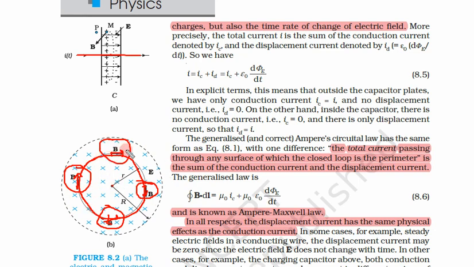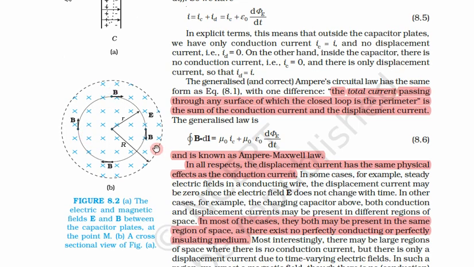So what we get is a uniform magnetic field at every point of this circle, because for a circle the distance remains the same. Suppose we take this radius to be bigger, then the magnetic field may change, but when we keep it constant, the magnetic field will not change. So at every point of this circle, the magnitude of the magnetic field will remain the same, only the direction will change.